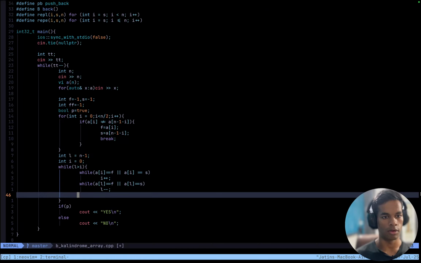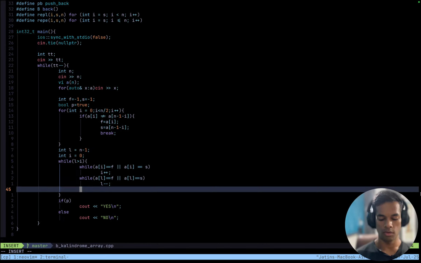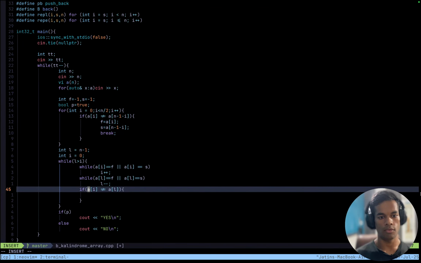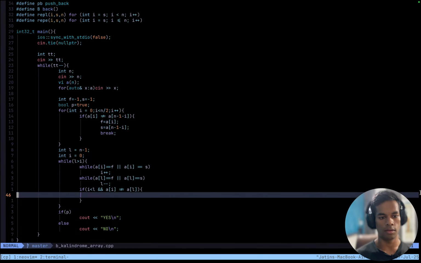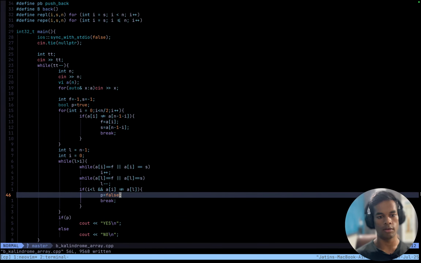Yes, I also have p. So after this, if a[i] not equal to a[l], and also if i lower than l, and they are not equal, then break and p equals false.